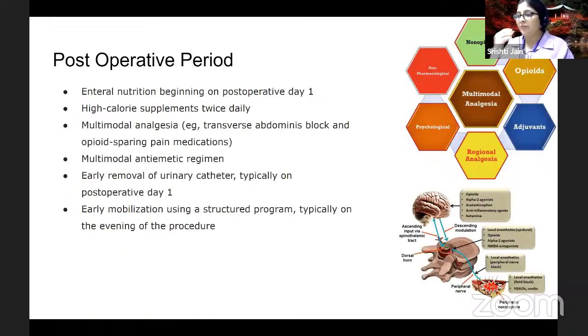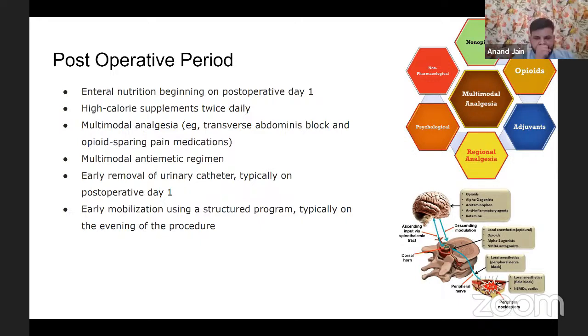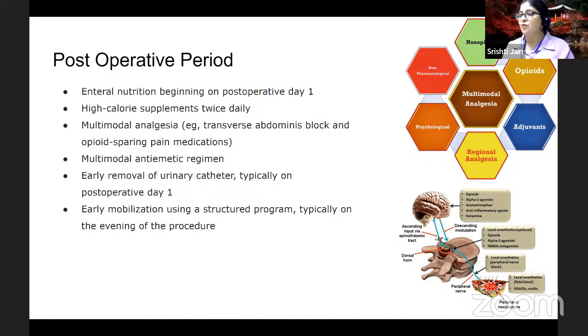In the post-operative period, enteral nutrition should begin on post-operative day 1. Yes, day 1. You don't need to wait for the return of bowel sounds. High caloric supplements twice daily. Multimodal analgesia, again, use of TAP blocks or opioid sparing pain medications, multimodal antiemetic regimens, early removal of Foley's, and early mobilization programs, making them walk even on the evening of the